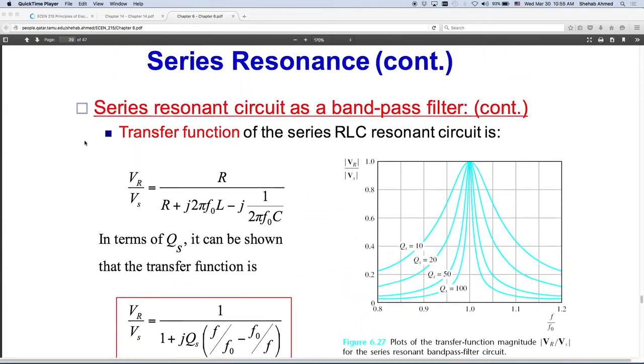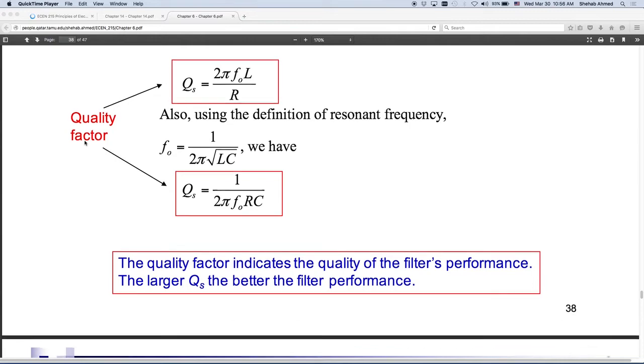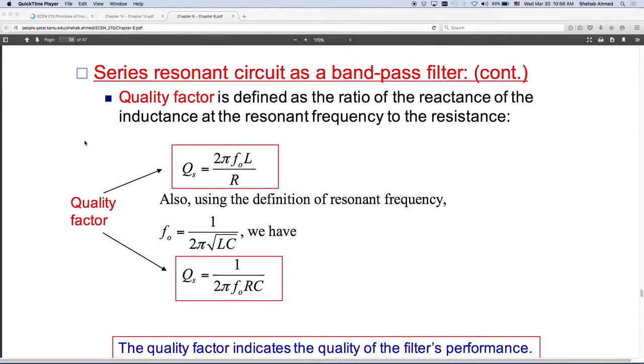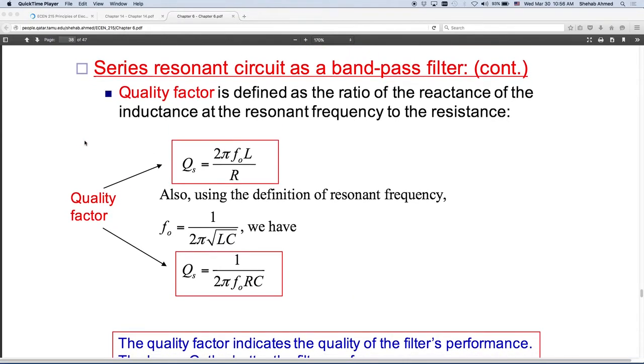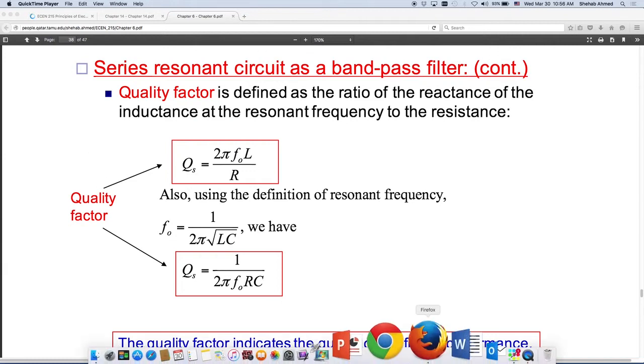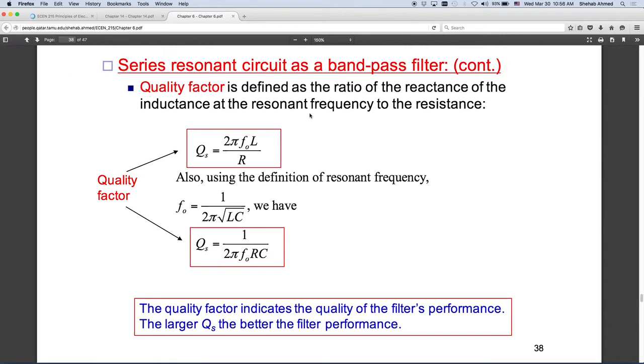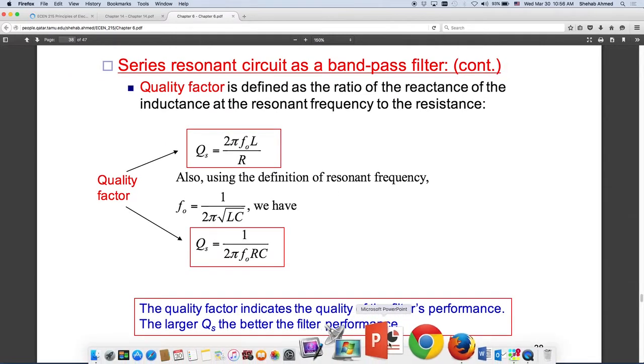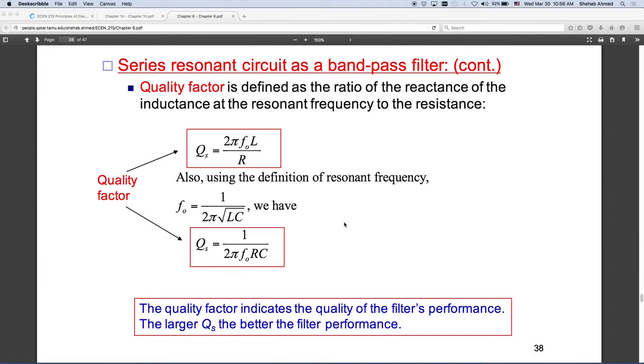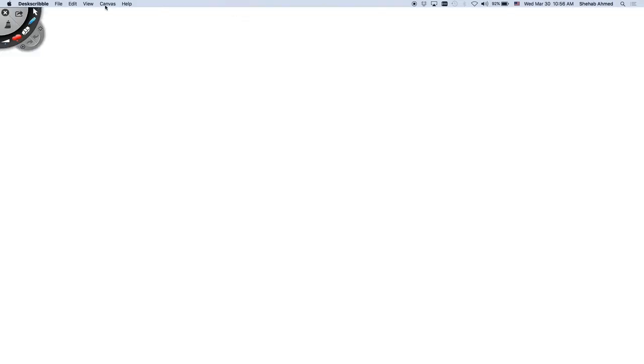So when we were talking about quality factor, I wanted to just tie some physical significance into it. I think I tried and I failed last time, so I want to give it another try. So in series resonance,